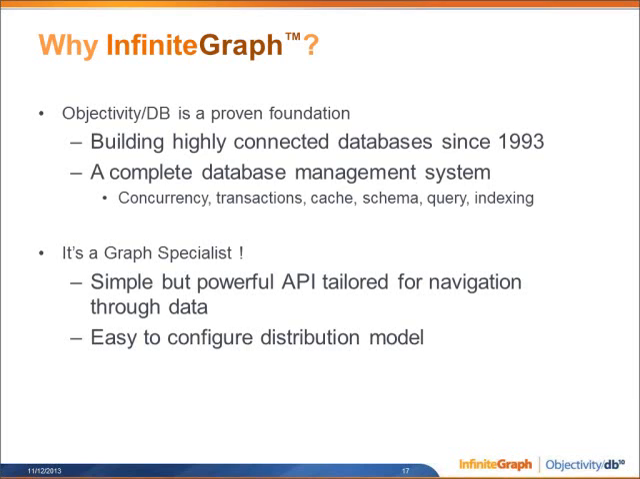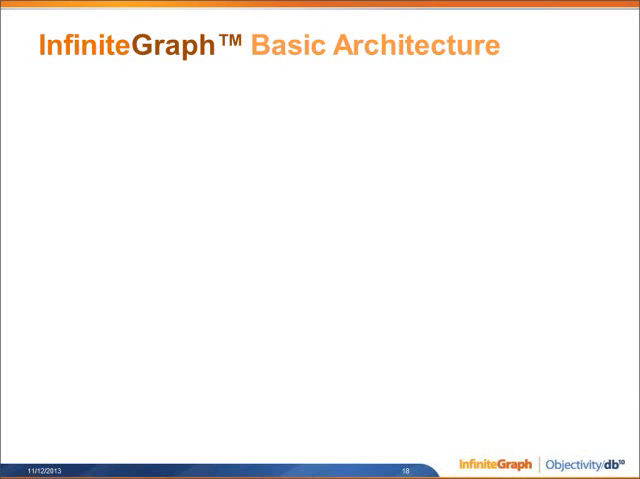So InfiniteGraph has been around for, I think, maybe 5 years, but ObjectivityDB, which is our underlying object database, has been around since the early 90s, late 80s actually, but our first graph database was built in 93. And it is a complete database management system, built on top of this stable system, and it's an object database, so it intuitively works with relationships, because you have vertex and edge objects, rather than documents, which are a little bit more ephemeral. And because it's a graph specialist, you also have an API that's tailored towards navigational queries and edge discovery and